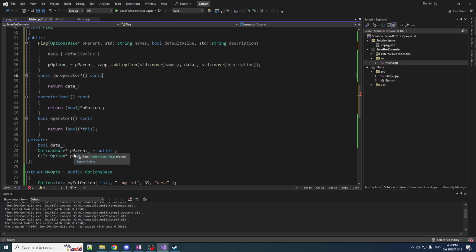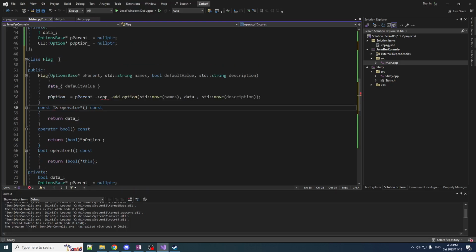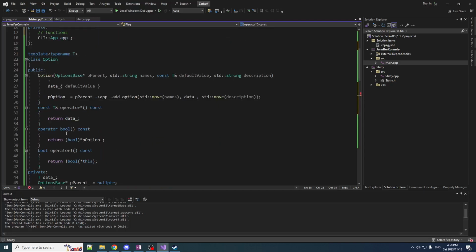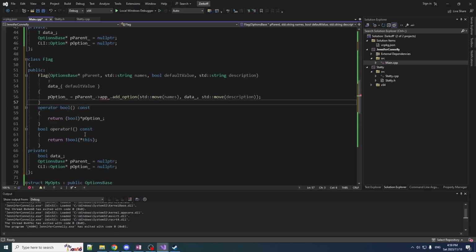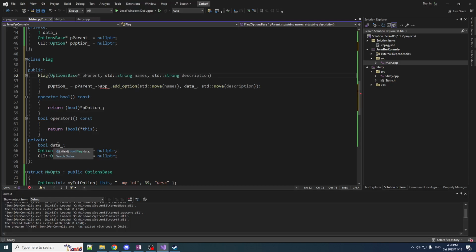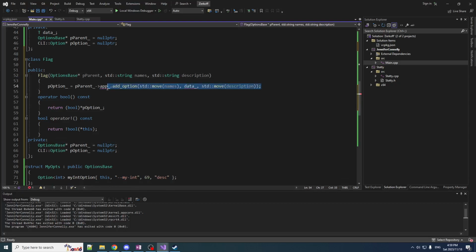What else? Parent. Now even when you create a flag with the, I don't know what the function is, create flag, add flag, it's going to return option. So it's still an option object in CLI 11, but whatever. Maybe I should just make flags act like bools, and we'll forget about presence information. Presence information is the value, in which case default doesn't make any sense because default is just not present, right? So in that case, we get rid of this, and we don't even really need the data then, do we? I wonder what's the